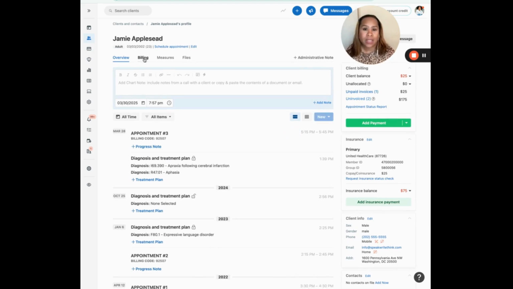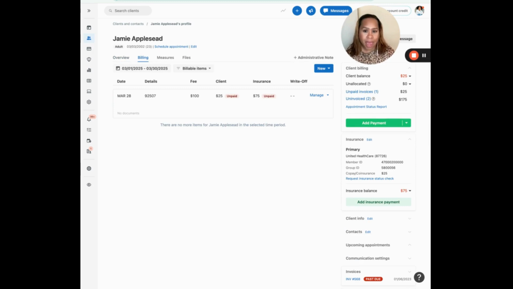We're going to go ahead to the billing section by clicking on the billing tab, and we're going to scroll over here. I quickly want to mention that this patient has a $25 copay. In order to charge the copay, I would simply create the invoice and add payment, or create the invoice and then save it for later payment. Like maybe if this patient has auto pay enabled, then at the end of the day, SimplePractice will automatically charge all of the invoices on file for that day. So we're going to skip that for now, and we're going to move on to the claim,